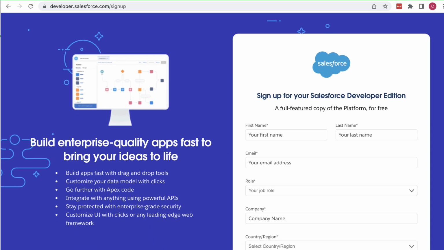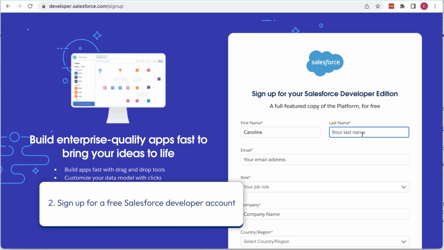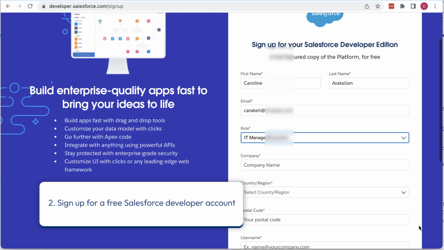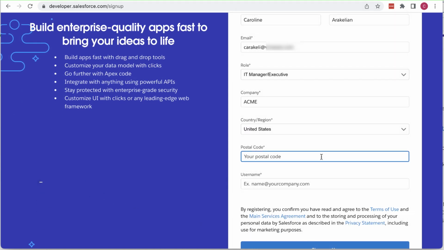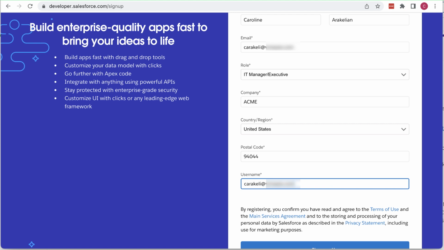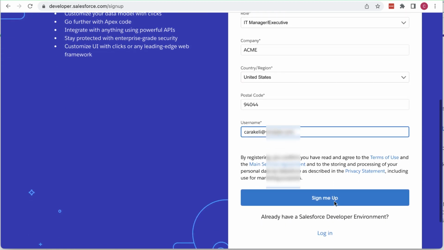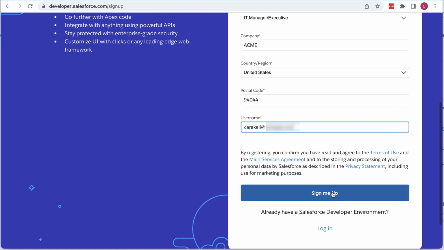developer.salesforce.com/signup. Fill out the form to get a free Salesforce account. If you already have a Salesforce environment and want to use that instead, you can skip this part and just log into Salesforce. Note that the username must be an email format, and the username needs to match the tenant